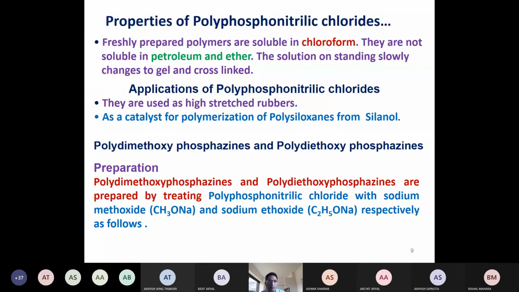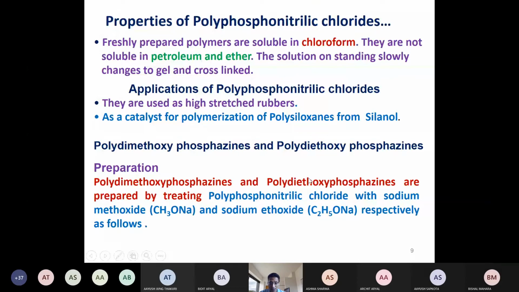catalyst for the polymerization of polysiloxanes from silanol. And polydimethoxyphosphazine and polydihydroxyphosphazine have the same properties and the same preparation method. So we study them in combined form. Preparation of these two polyphosphazines,